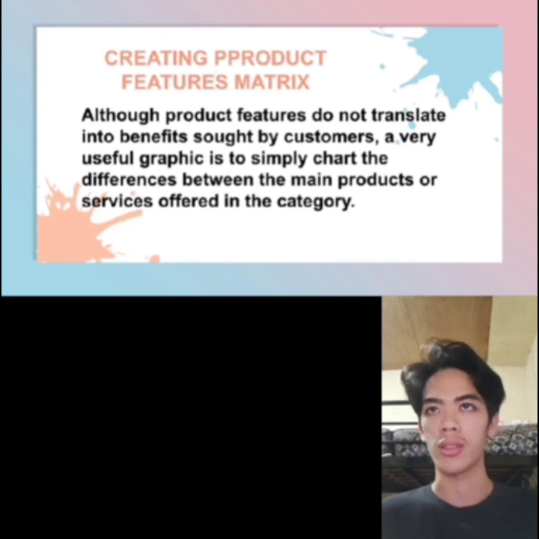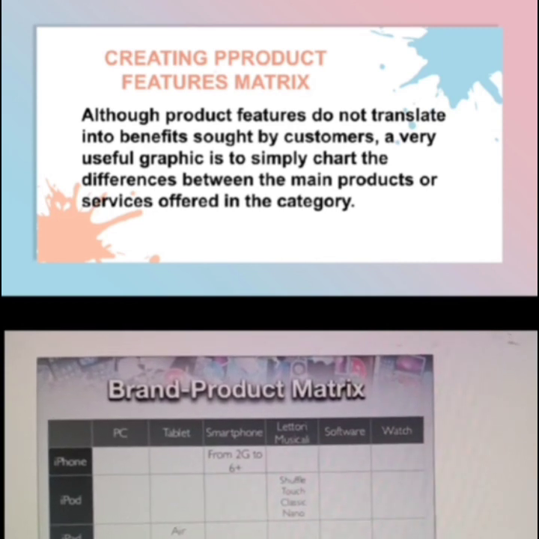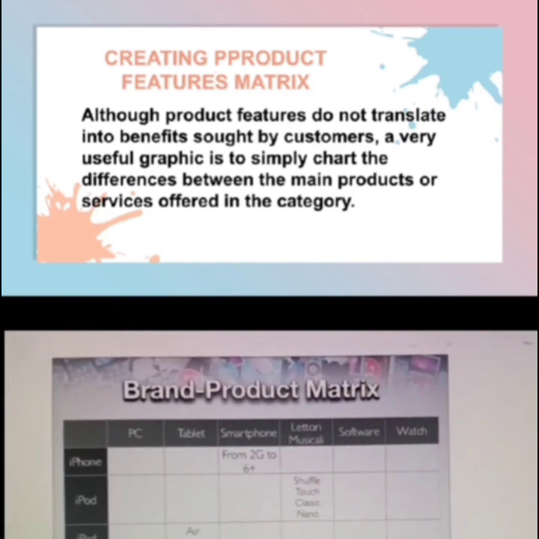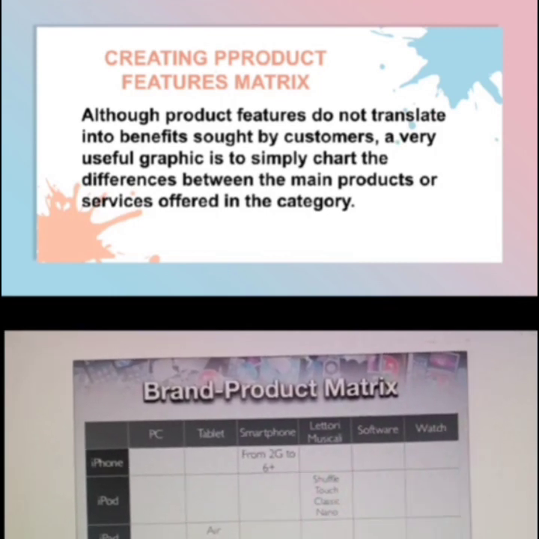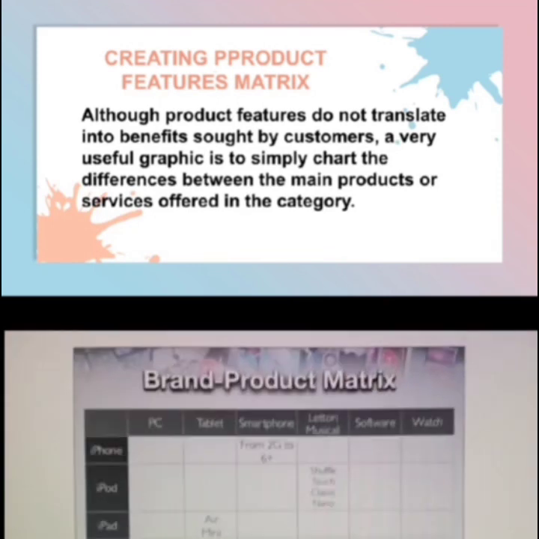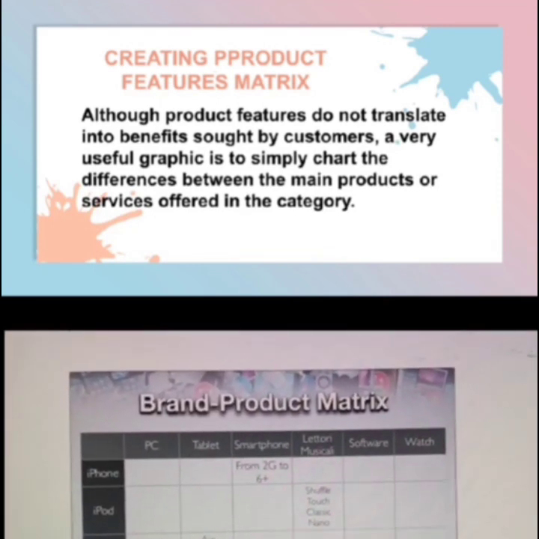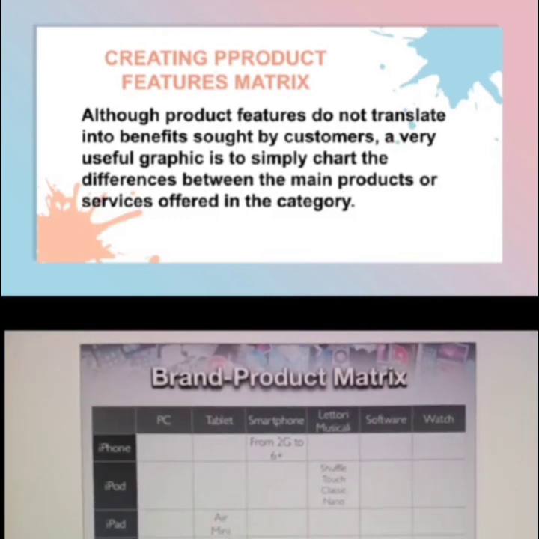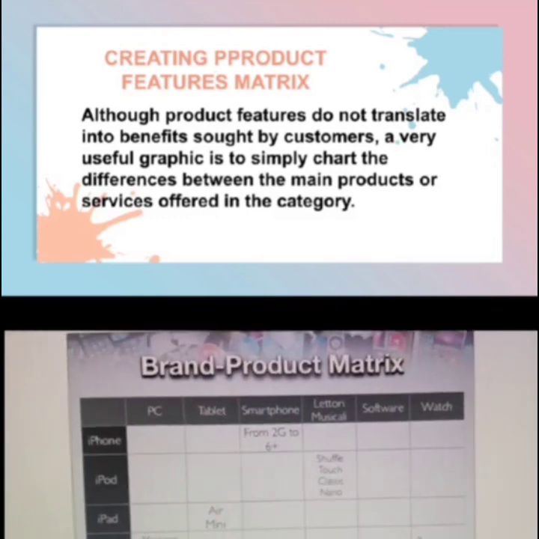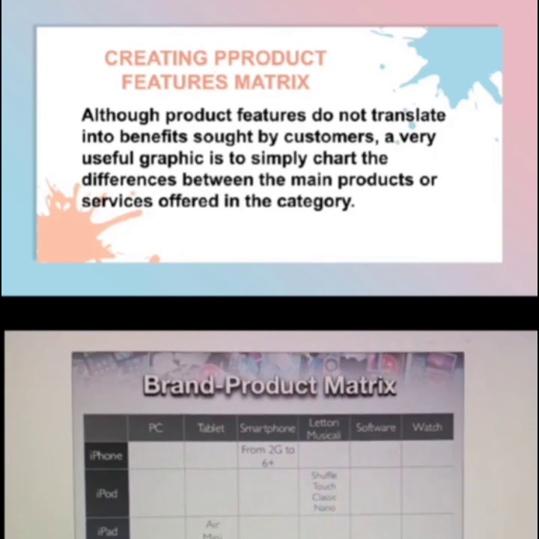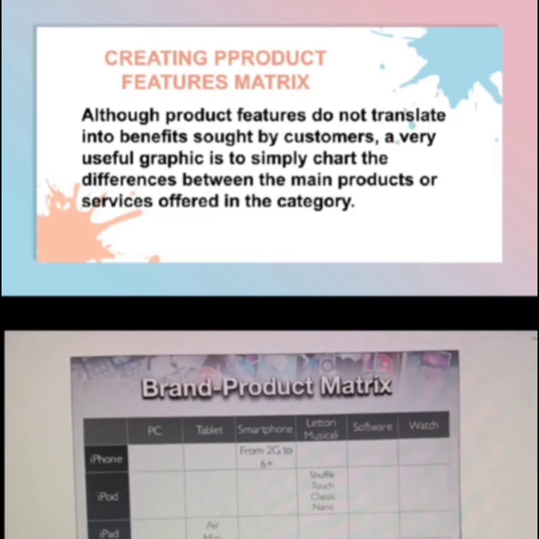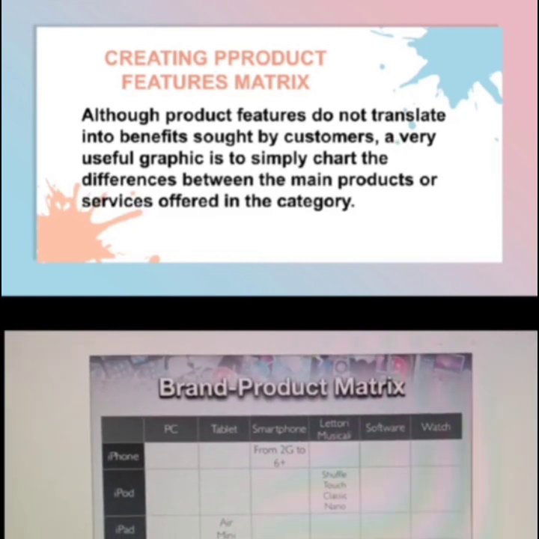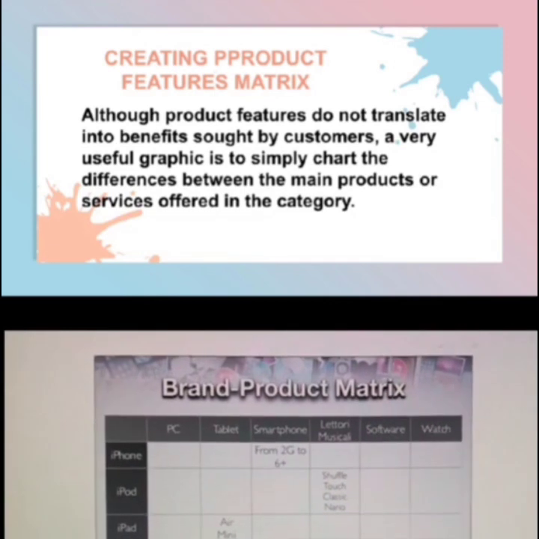So may example tayo dito, no? Product features matrix. So ayan, makikita natin diyan, no, yung example ng product feature matrix. Meron tayo diyang mga product, tapos yung nandito is yung mga features niya. So makikita natin diyan, iba-iba siya, naka-category. Sabi nga, no, para hindi pa ulit-ulit, hindi magsasawa yung customer kasi laging may bago. Makikita natin diyan.